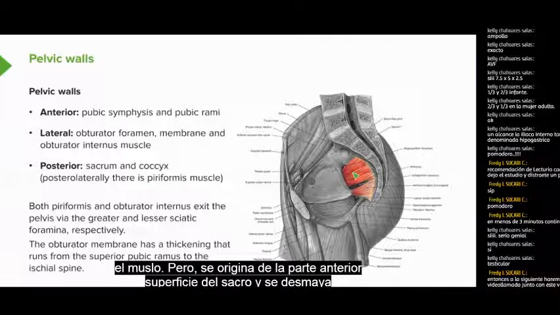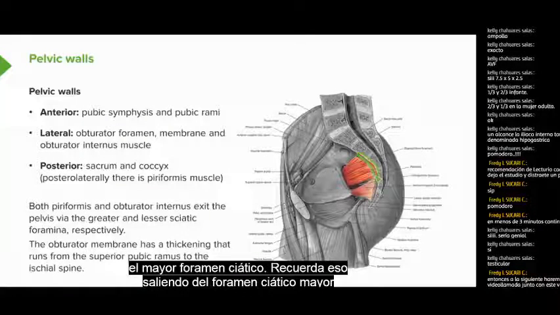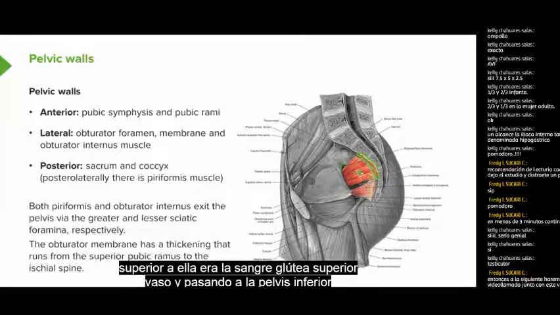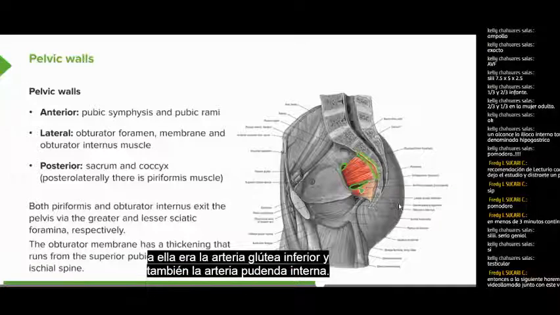But it originates from the anterior surface of the sacrum, and it passes out through the greater sciatic foramen. Remember that passing out of the greater sciatic foramen superior to it was the superior gluteal blood vessel, and passing out of the pelvis inferior to it was the inferior gluteal artery, and also the